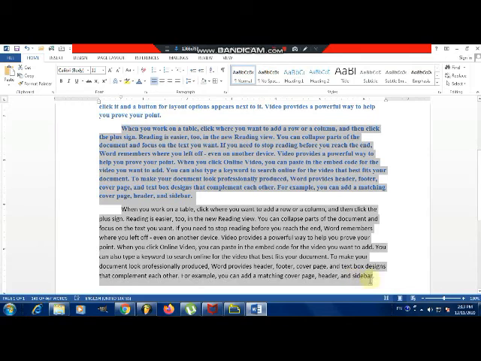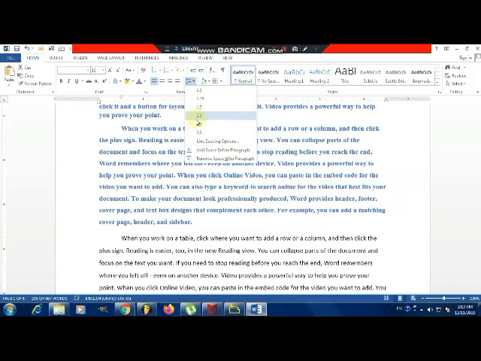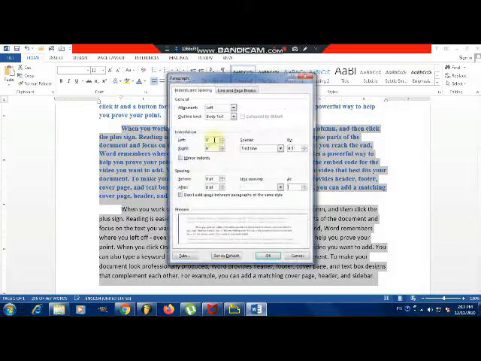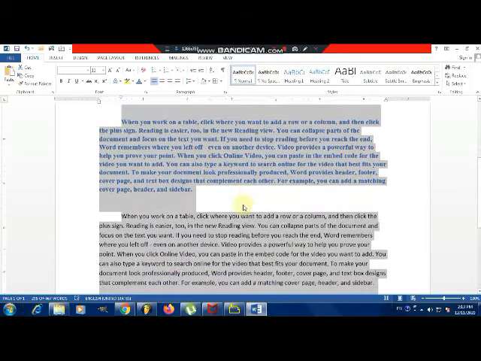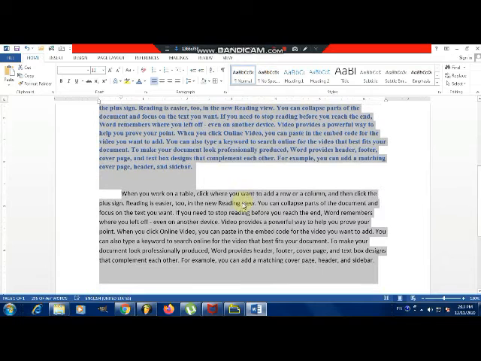If you want to insert a space between paragraphs, then you can. You have to follow the same steps, but don't select anything from this list. Go to the Line Spacing option, then here is the option Spacing Before and After. Here we insert a space after the paragraph. So increase it, it will insert a space after the paragraph, and if you want you can insert a space before the paragraph. We equally insert a space before or after the paragraph, and click OK. It will insert a space after and before the paragraph also.